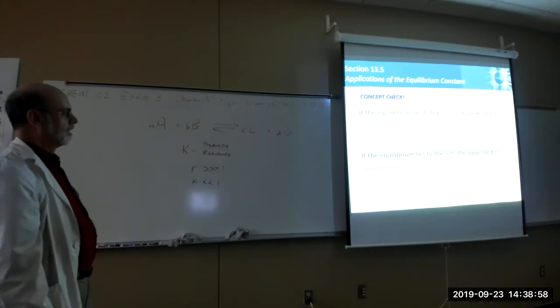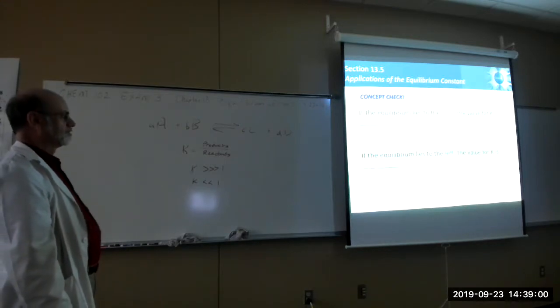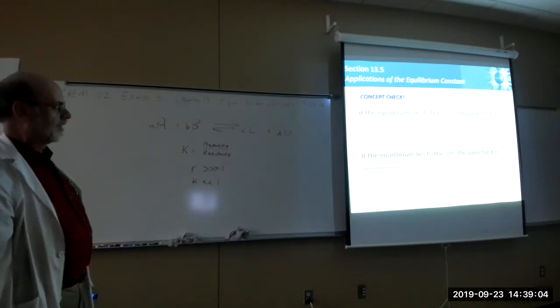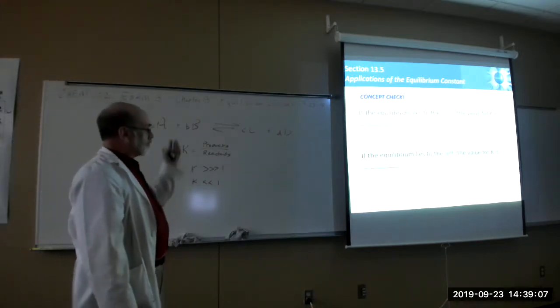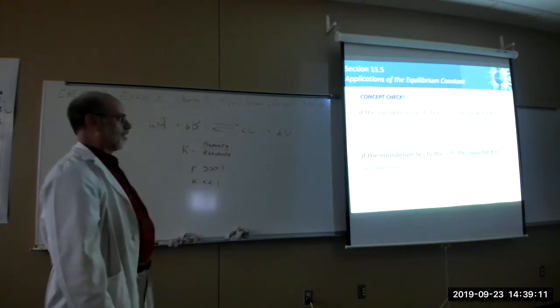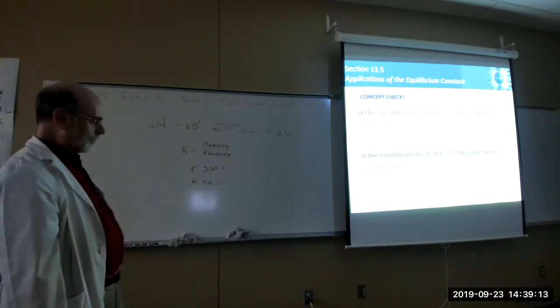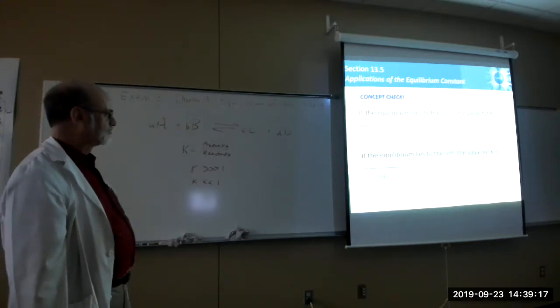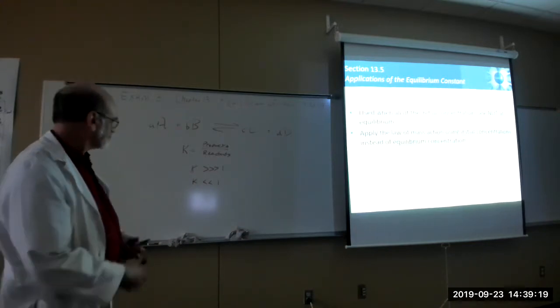Here we go. This is just to see if I didn't confuse you too much. If the equilibrium lies to the right, the value of K is very large. And if it lies to the left, it's very small. Now,